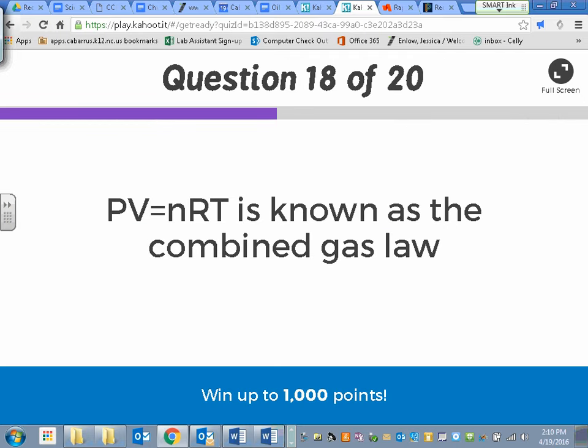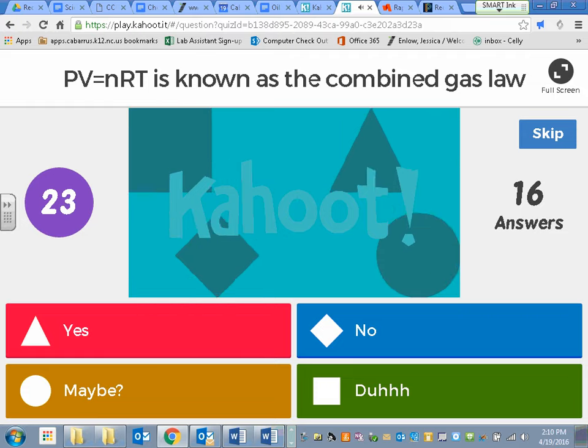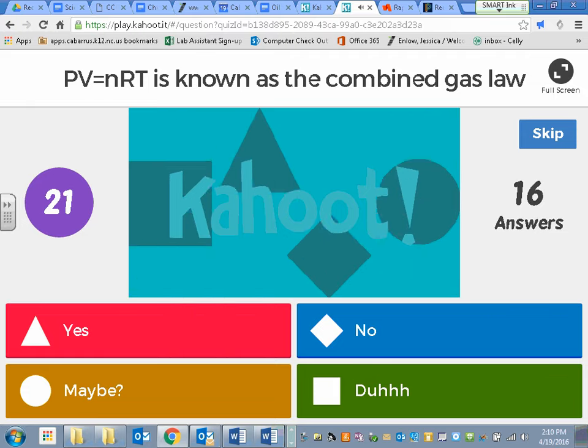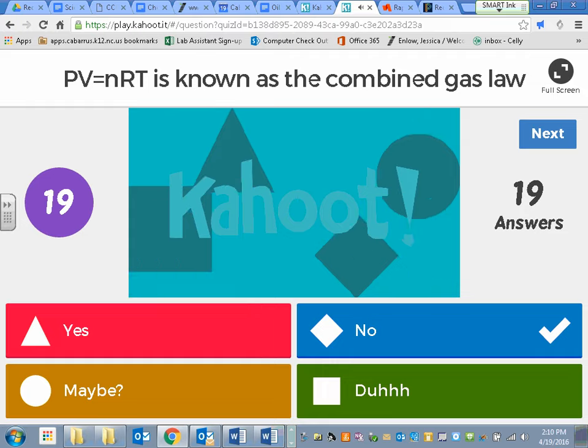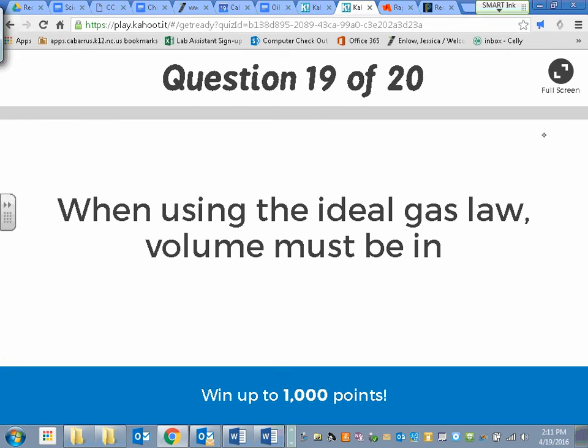PV equals RT is the combined gas law. So it's the what law? It's the ideal gas law, not the combined gas law. What's the combined gas law? PV over T is equal to PV over T, right? When using the ideal gas law, volume must be in